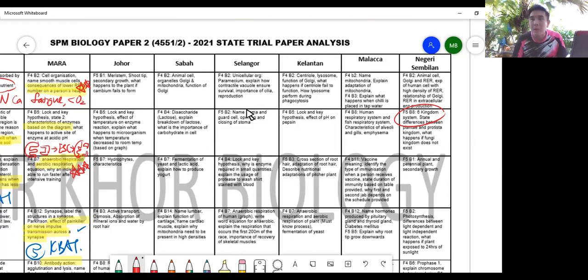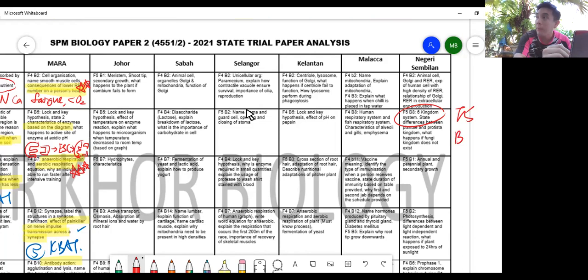Why new subtopics? If you have done all the state papers, I'm not sure how many of you realize. I've seen it already, the question and answer, all of it. If not, how am I to type this? Because when I type this, if students ask me in class, I must know how to explain. So I've gone through all the papers, question and answer. If you realize, they rarely ask anything from Form 5 chapters,